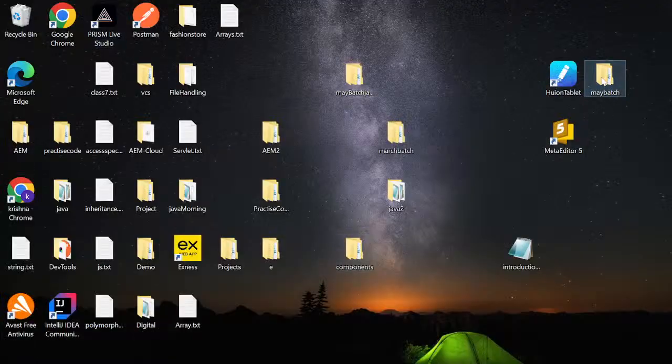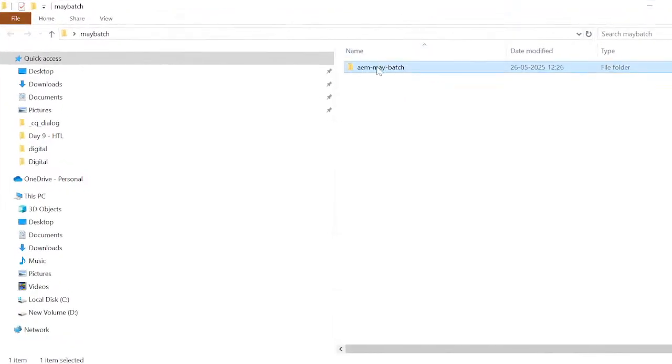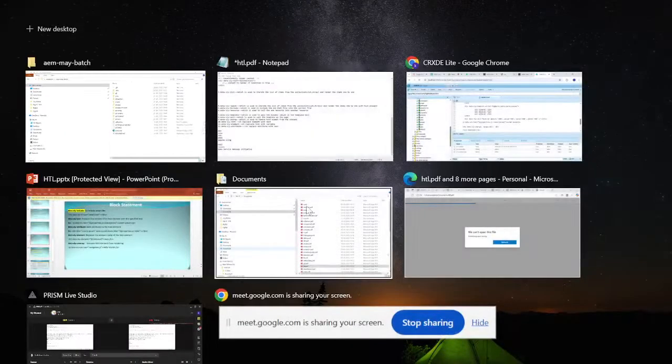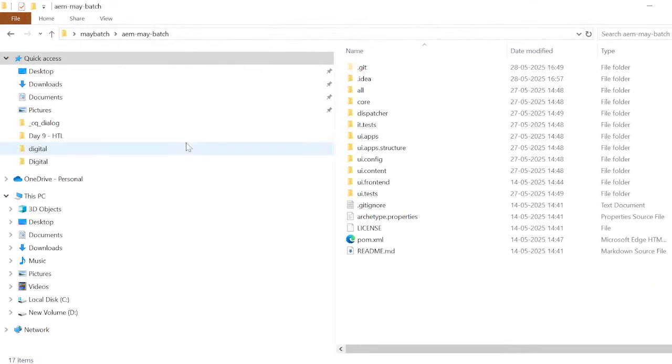This is our project, right? If I open my project, it is divided into multiple modules. So what is the advantage with multiple modules? The advantage is that the front end team will work in the